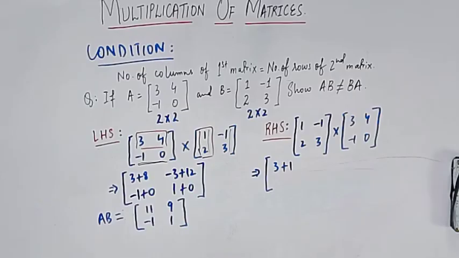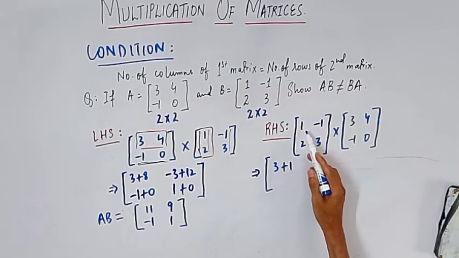And remember one thing, that in matrices when you say equal, every corresponding element should be equal to each other. For example, if there is a matrix of 2 by 2 and 3 elements are matching with each other, but the fourth one is not matching, still they are not equal to each other. Even the sign, for example, if we have one matrix 1 2 minus 1 0, and the other matrix is 1 2 1 0, still you can see every element seems equal, but over here it is 1 and it is minus 1, so actually they are not equal to each other. So every corresponding element should be equal to each other, then we will call two matrices equal to each other. Now we have done with the first row, first column.